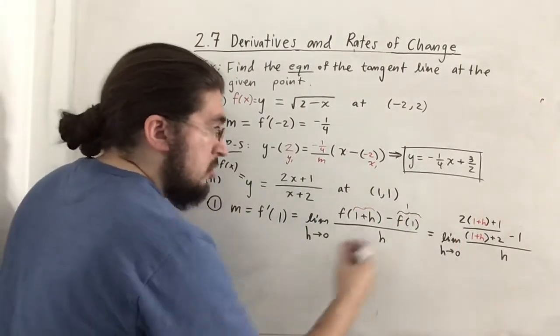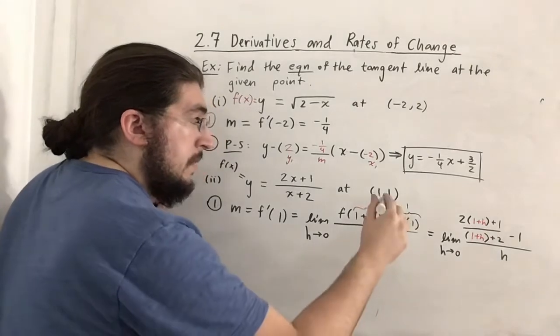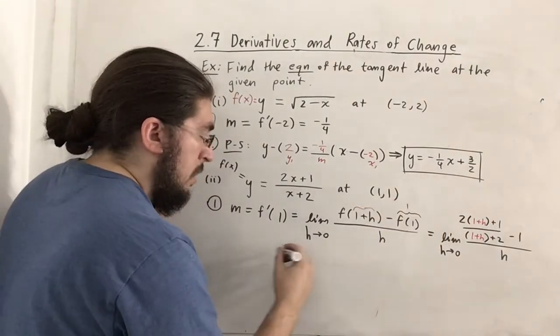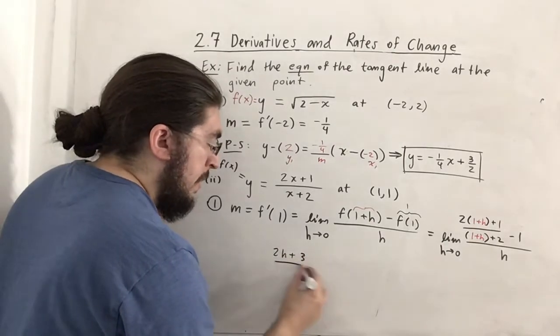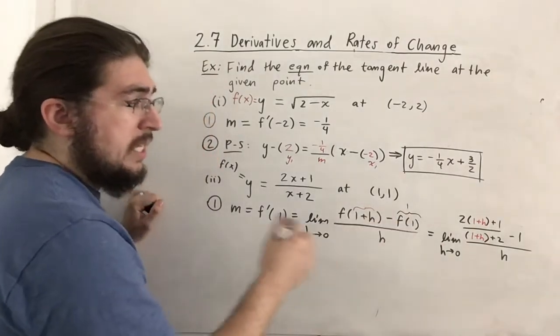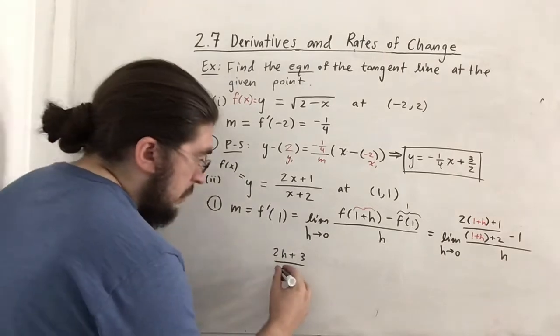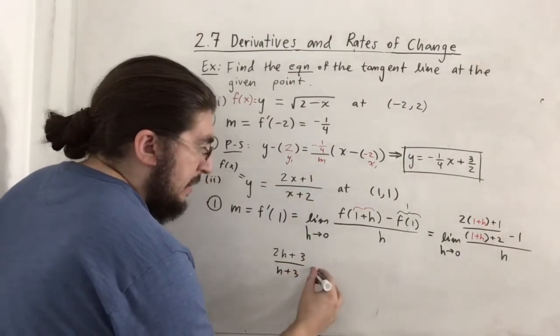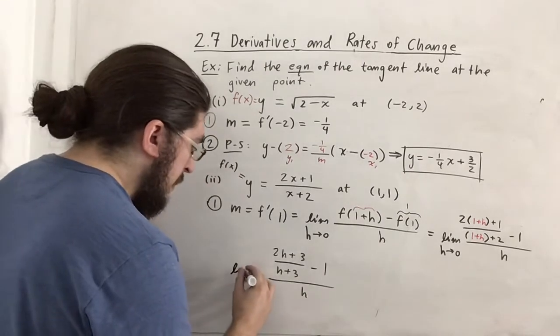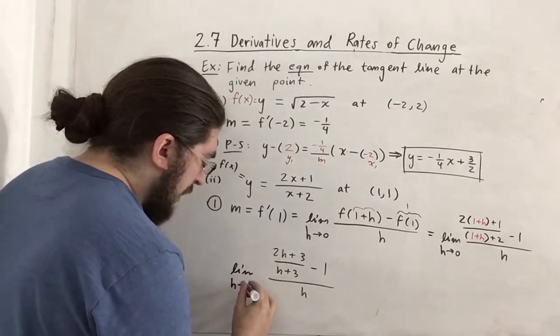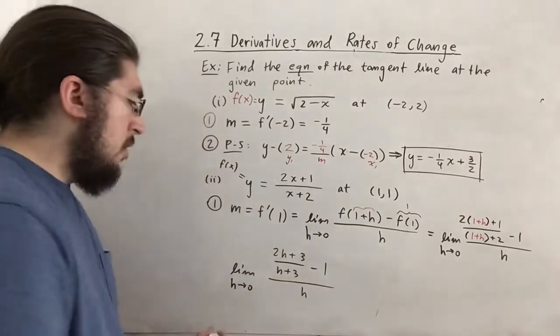After distributing, we get 2 plus 2h plus 1, which is 2h plus 3 in the numerator. In the denominator, we just get 1 plus h plus 2, which is h plus 3. And again, this is minus 1 and then all over h. Great. So we haven't really done much, we just simplified a little bit, but now notice when you plug in